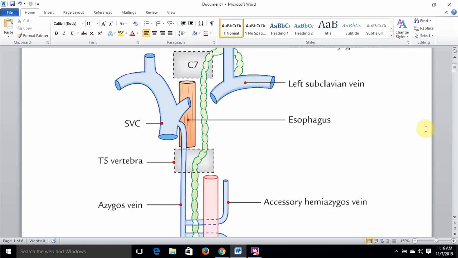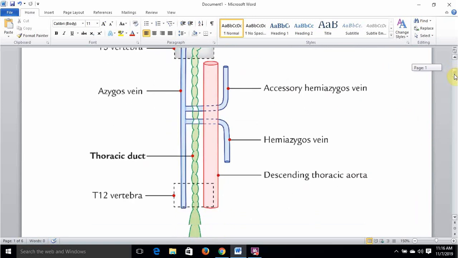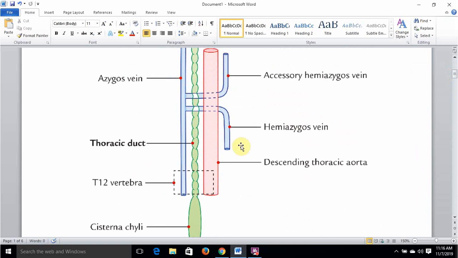Very important. Now let's talk about the relations in the posterior mediastinum. In the posterior mediastinum, these two relations are the same. The azygous vein is still to the right. The descending thoracic aorta is still to the left. Anteriorly, we will still have the